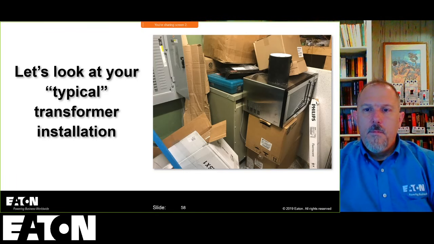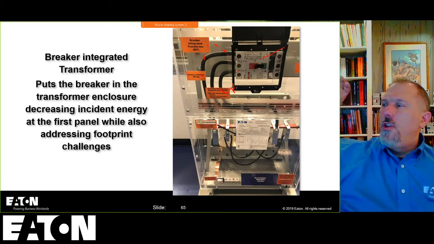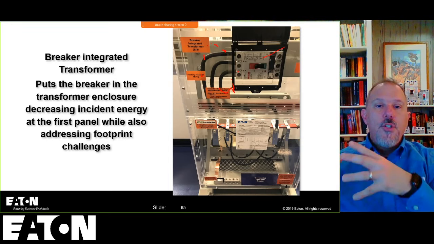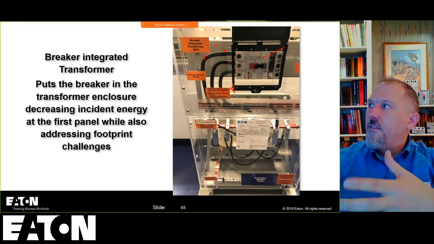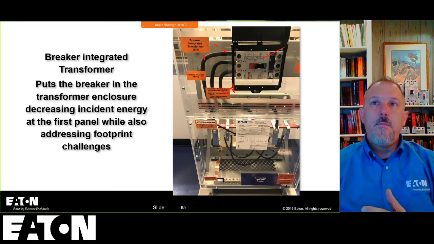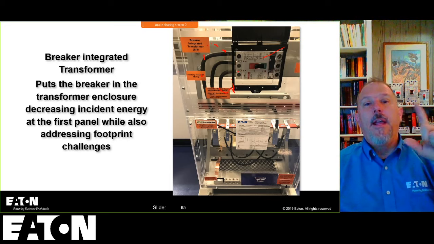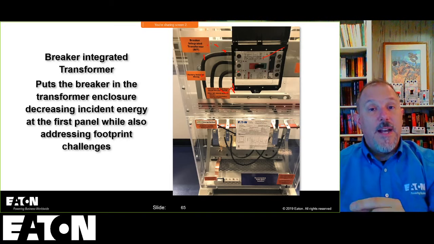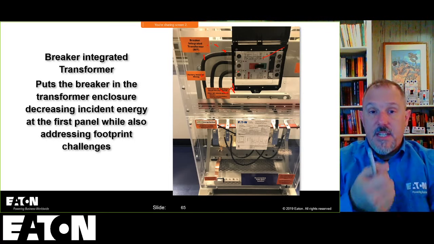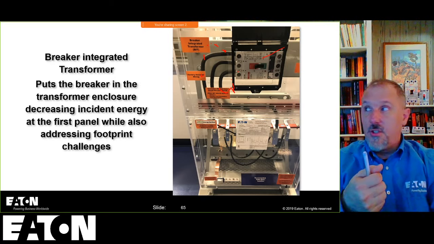When you're looking at this type of breaker in an enclosure, you've got to think, what work would you be doing inside that transformer? Number one, why would you have to take that front panel off and get in there? Maybe to do some maintenance. You would have to de-energize that transformer anyway. But then you're going to have to test for voltage potential based on 70E, right? You're going to have to test and see if it's energized or not,